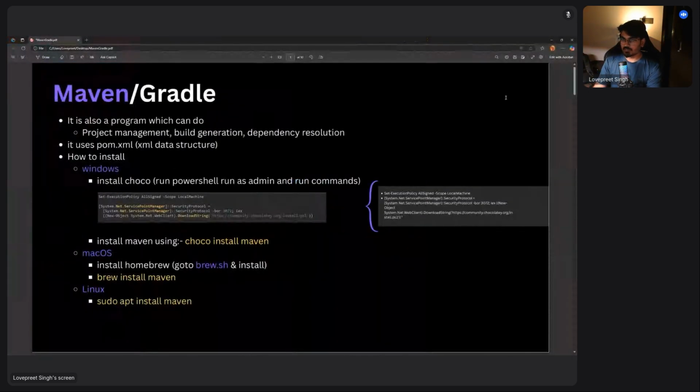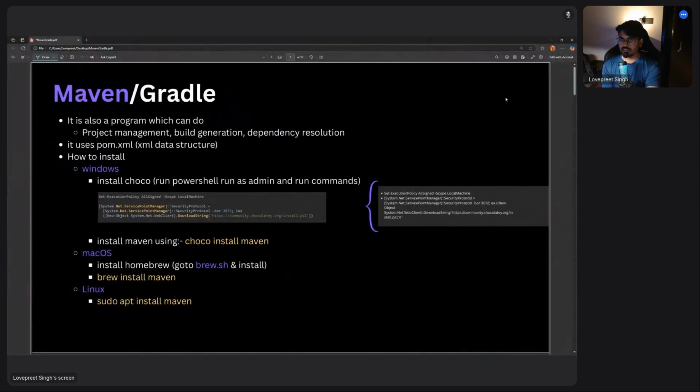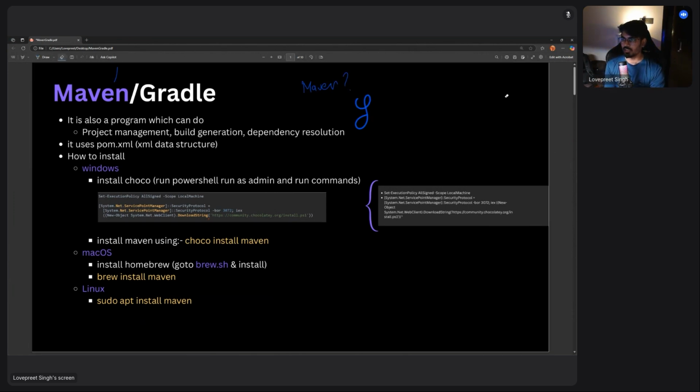So there are two things: first is Maven, second is Gradle. We can switch to Gradle as we progress, but there are some pros and cons I will list. First, why Maven and not Gradle? First of all, Gradle is not meant for simple projects. Gradle is meant for more complex or larger code bases. And second, Gradle is exactly like Maven